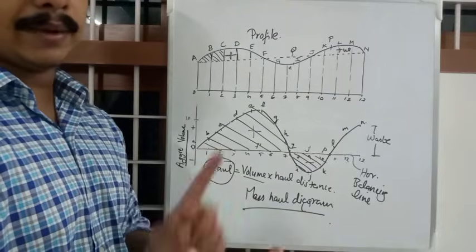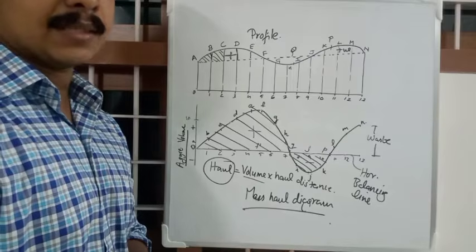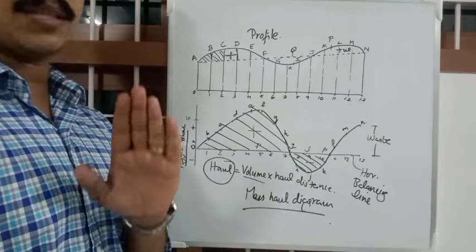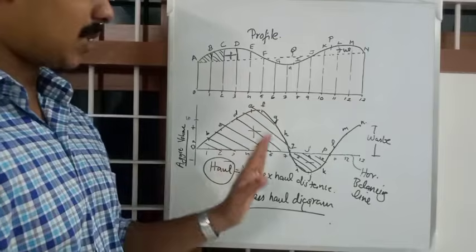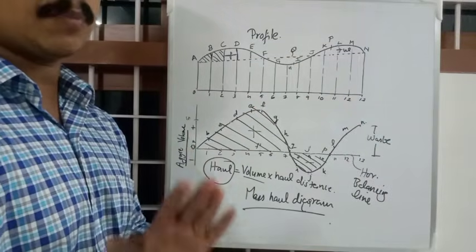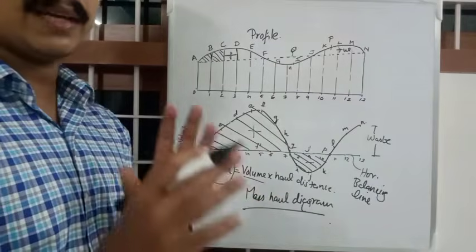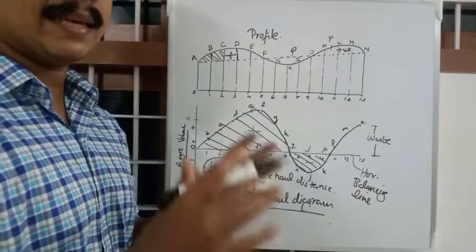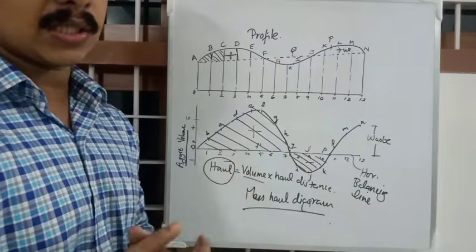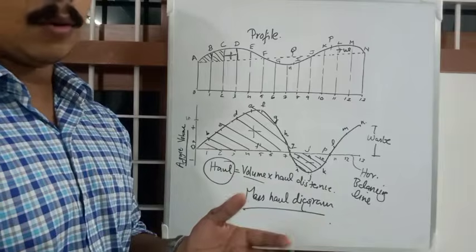So we know the major terms and conditions of the mass haul diagram, and we know the 4 steps that we use for construction of the mass haul diagram, and we know the 9 primary main characteristics of this mass haul diagram that is used very consistently and very imperatively in road, railway, canal constructions. So rewatch this video if you want, ask me any doubt. Thank you.